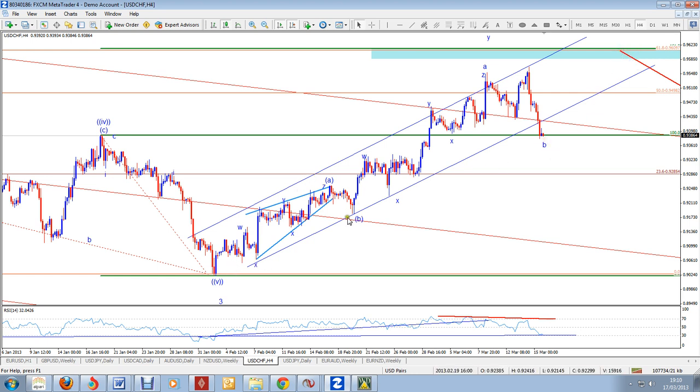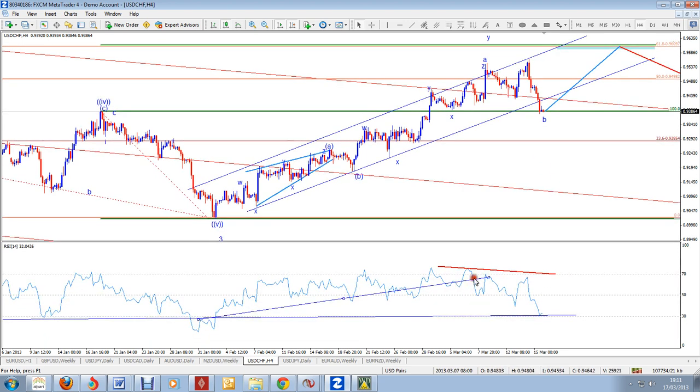So we've got this A and B, and then this as minor A, minor B, and we're looking for minor C to here to complete that, either a 5-wave or a zigzag in some form to complete this section. So dollar Swissy is likely to be still heading to the upside, probably to the area we previously identified around 96 or fractionally higher. Okay, so dollar index still, dollar Swissy still to the upside.